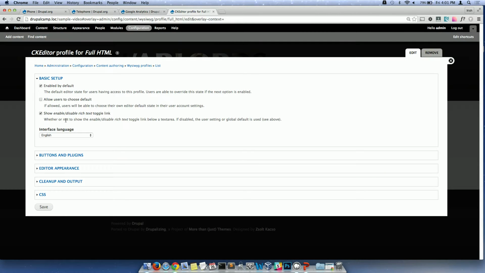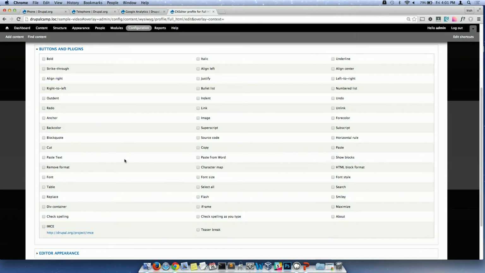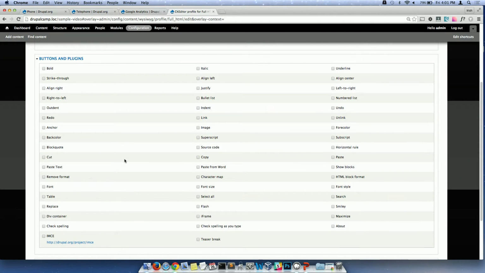Most of the time, basic setup, I just leave it to the default. Buttons and plugins, this one takes a while for me to click. But you have full control over what you're giving your clients to play with or to try and break your site with. So you just kind of make those decisions. What does the client need? So if I turn a few of these on,